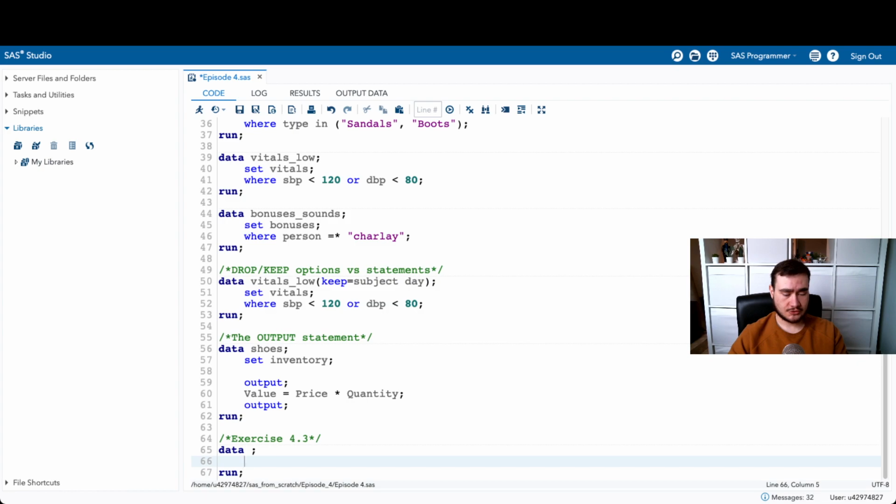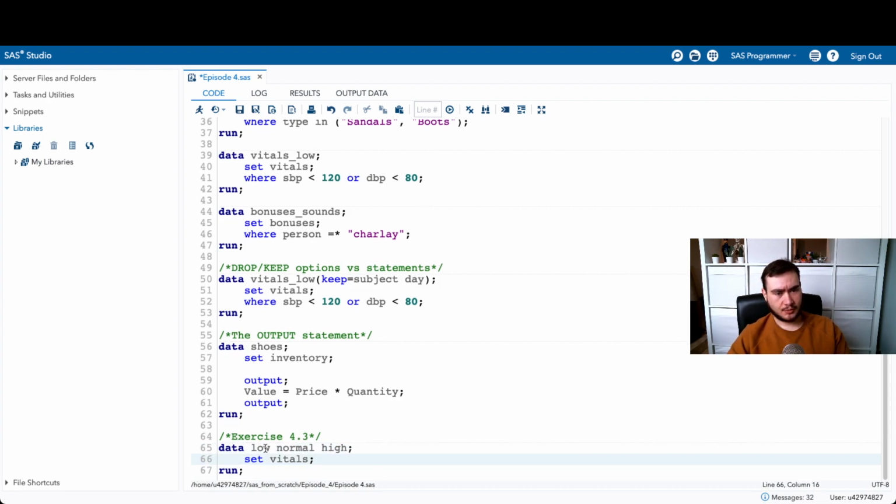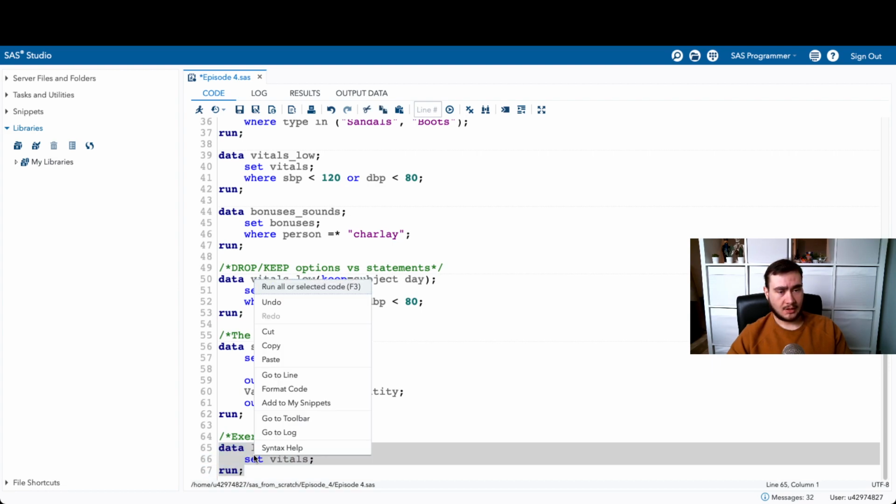And you'll see why soon, because I want to just impress something on you. So let's build this block by block. We know we're supposed to have a data set that says low, one that says normal, one that says high. We know that what goes next to the data step statement is the names of the output. And notice that this time I said names plural and not names singular. So here we are telling SAS that we have 3 data sets that we want to output to. And if we run this,